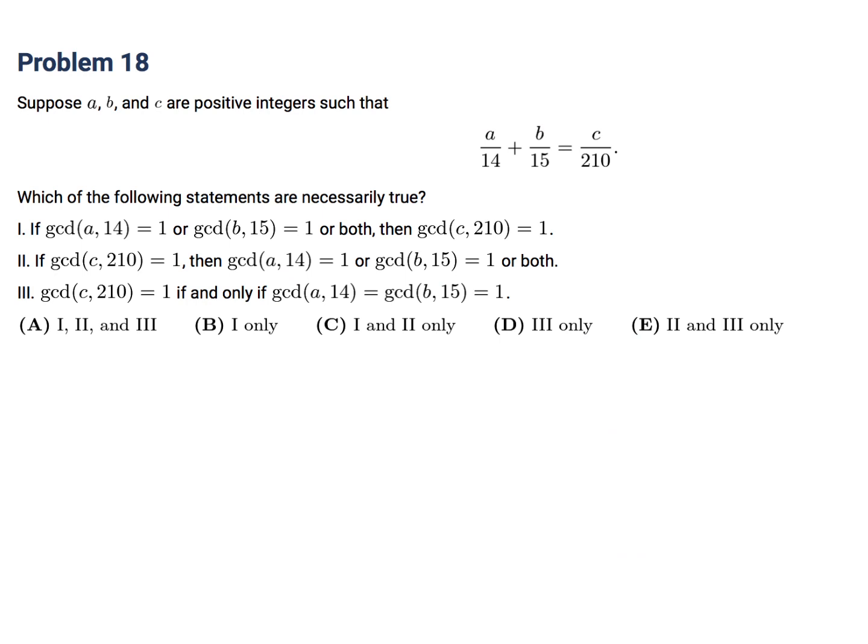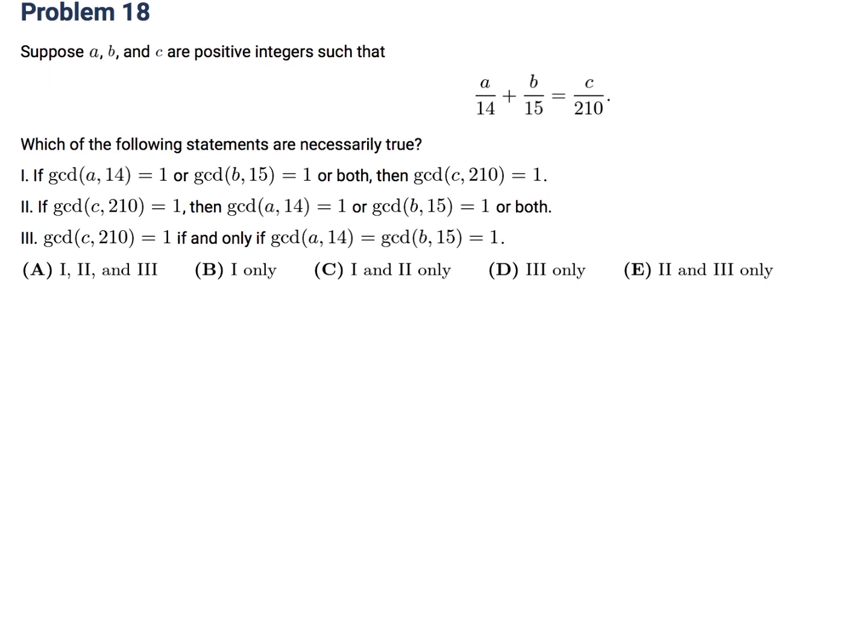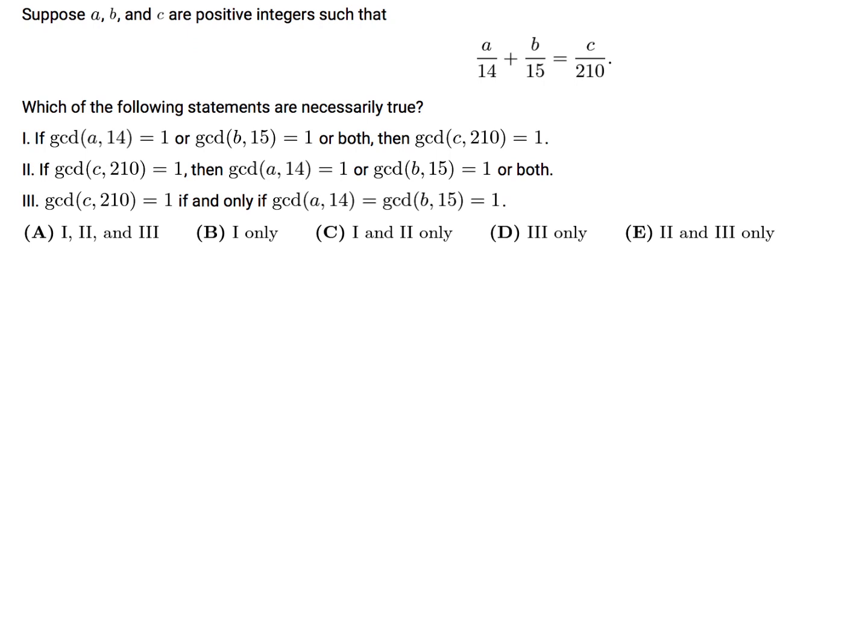Suppose A, B, and C are positive integers such that A over 14 and B over 15 equals C over 210. Which of the following statements are necessarily true? Before we jump right into this, let me do a very quick